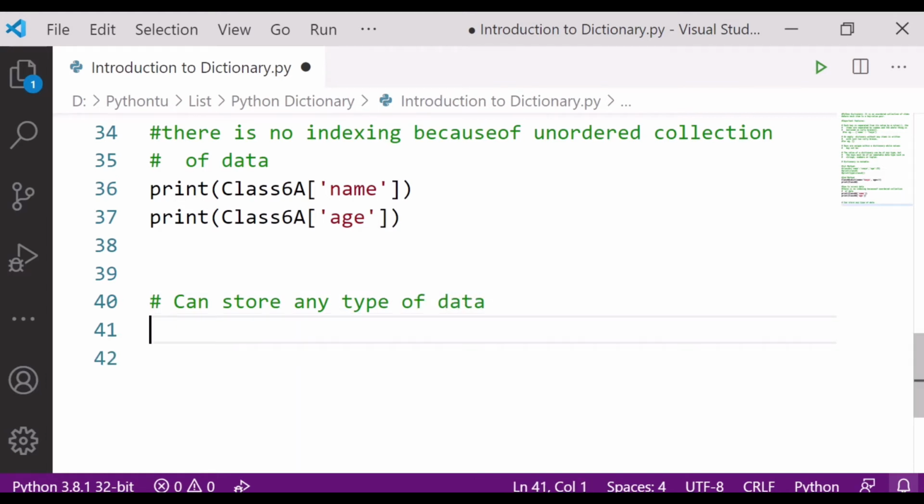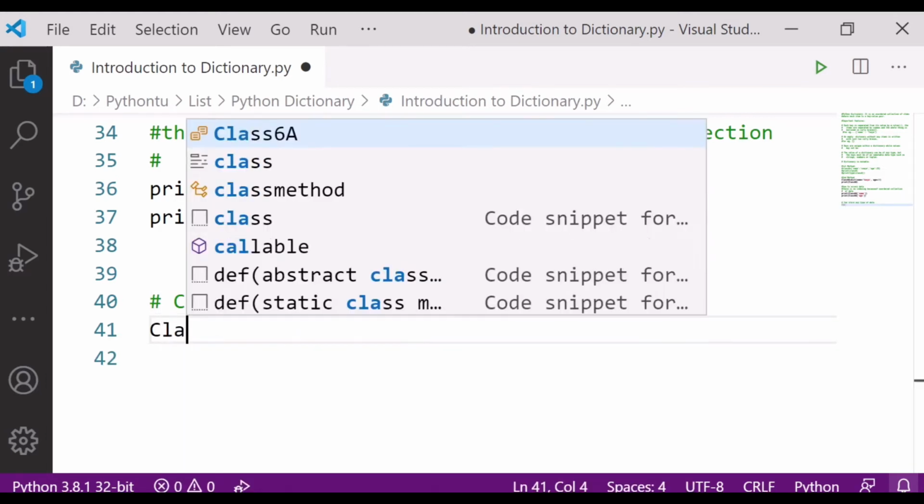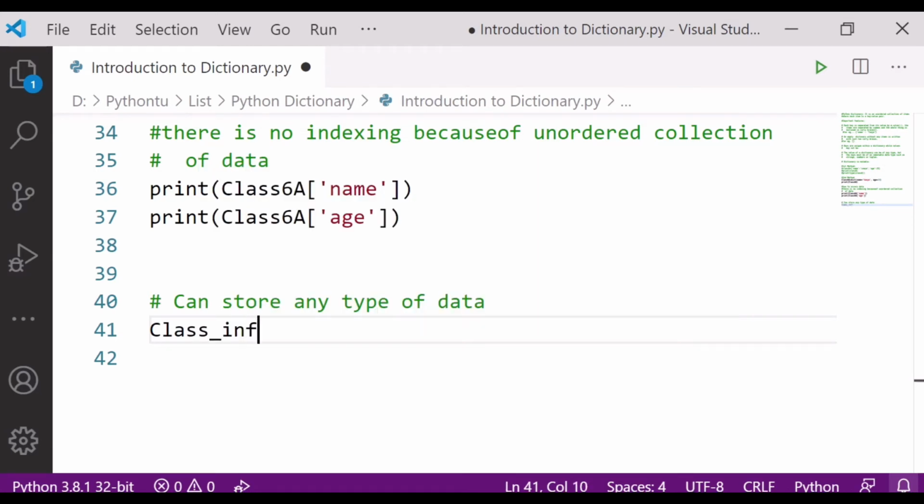So let's see here, let's create class info. I am creating the dictionary here. You can create like this also, it will not look like graphs type. So you can create like this also.